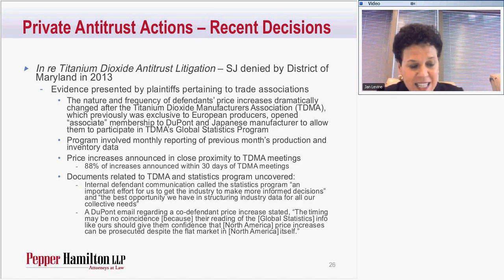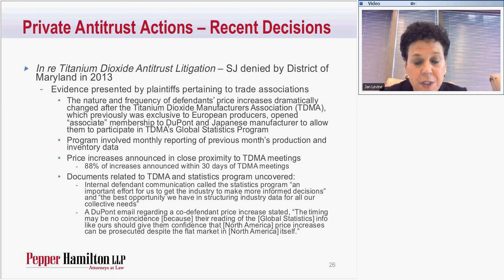The case that I am going to discuss is a very heady case. Again, small number of competitors in this market. This is the titanium dioxide antitrust litigation. At this time, summary judgment was denied. The case was a price-fixing case in the market for titanium dioxide, an ingredient in paint, and the plaintiffs were